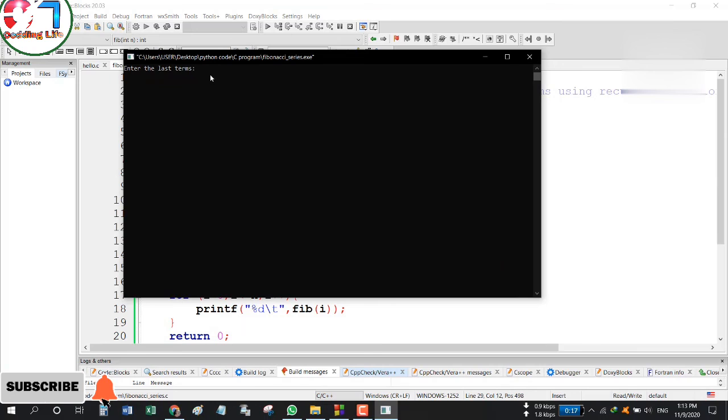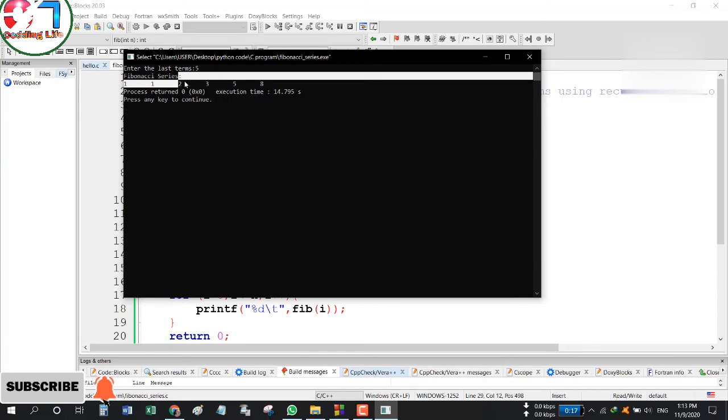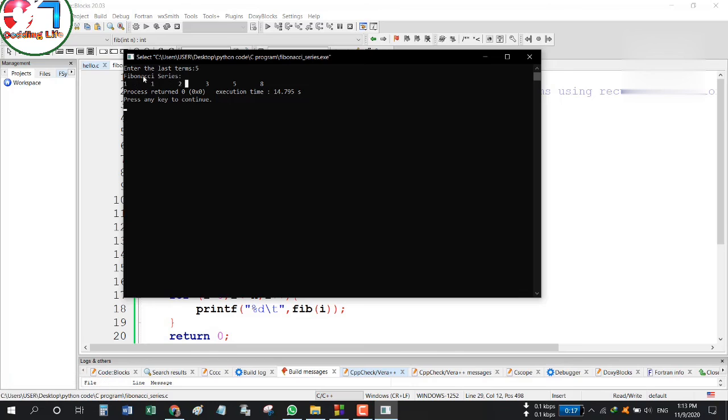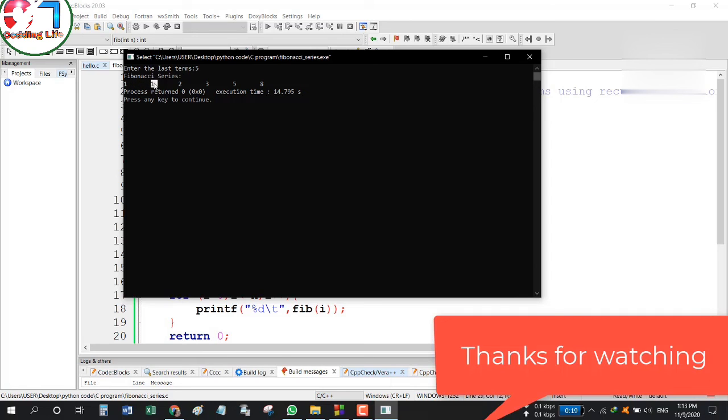Here it says enter last term. Say I input the last term as 5, and after pressing enter I will get the series. The 1 1 will be the first two digits, and the third digit is 2. So 1 and 1, it will add these two numbers and keep this value 2. Then again this time this 1 will be the first number, and 2 will be the second number.